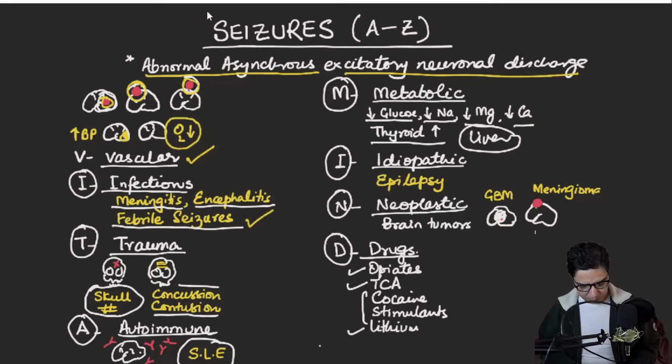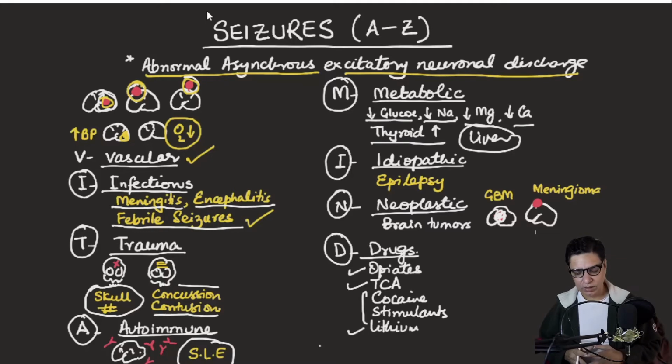Then the T of vitamin D stands for trauma. So trauma in the form of a direct blow to the head causing skull fracture can cause impinging of the fractured skull bones directly into the brain tissue. And obviously that can lead to irritation, bleeds, or different other types of manifestations like contusion or concussion, and can